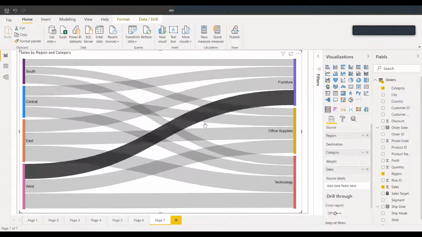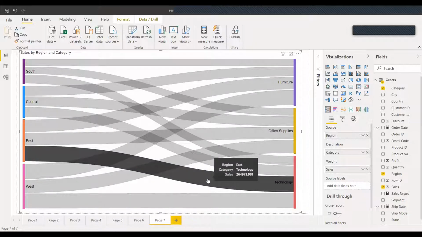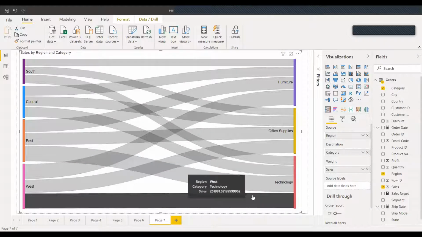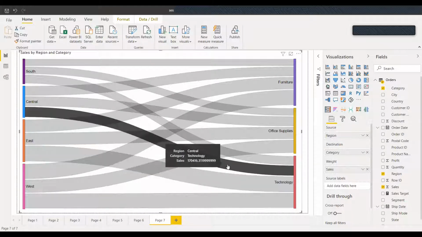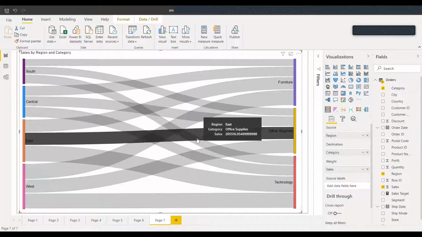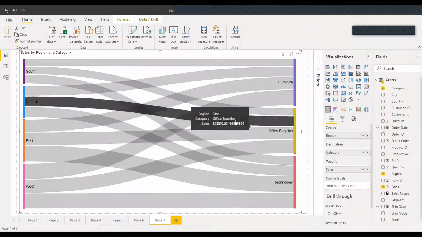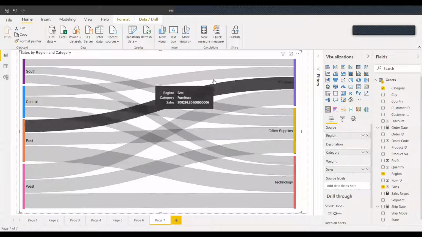So now this is almost ready. If you click, it will show you the sales amount from each region for the technology categories. Unlike Tableau, we don't have to create a measure or some other calculated fields. It does all that in the backend, and it will give you the visuals.